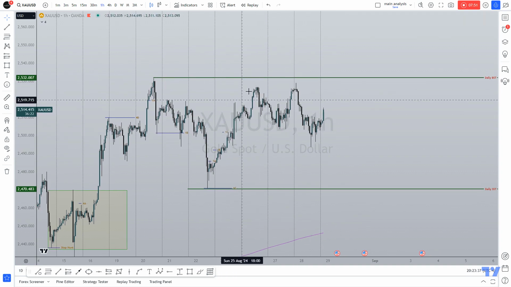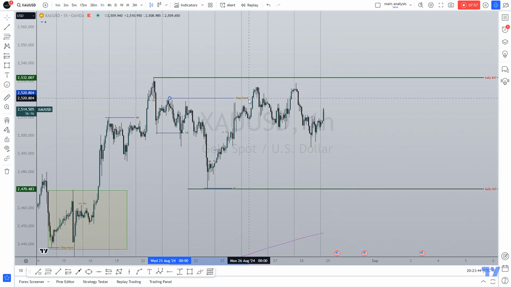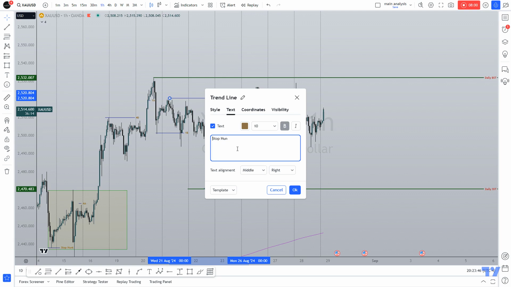Now, again, all of this is the market simply doing a liquidity purge. So liquidity purges are a very important part of market cycles. So it's a liquidity purge